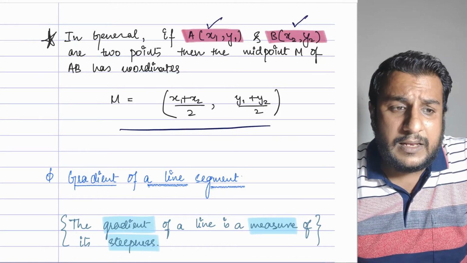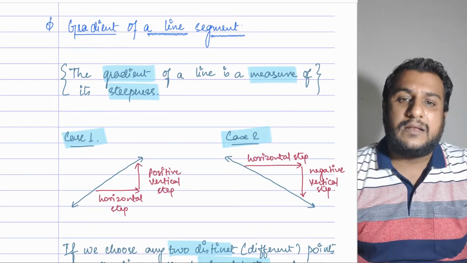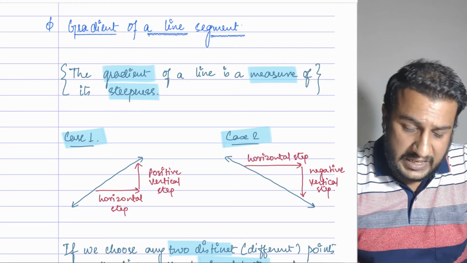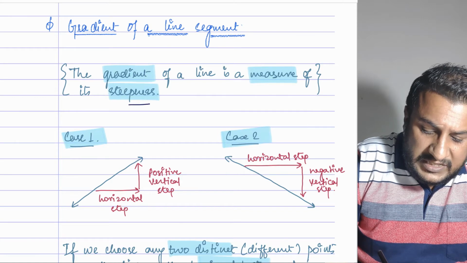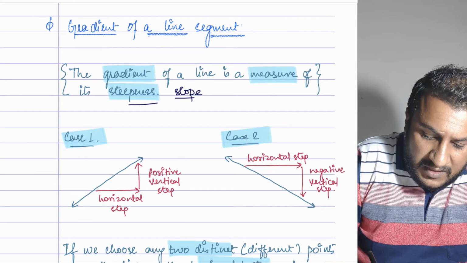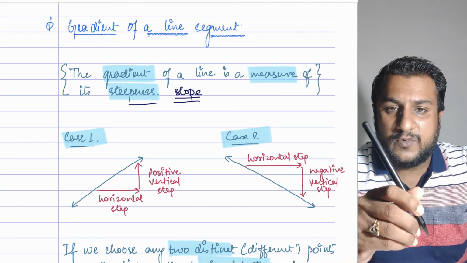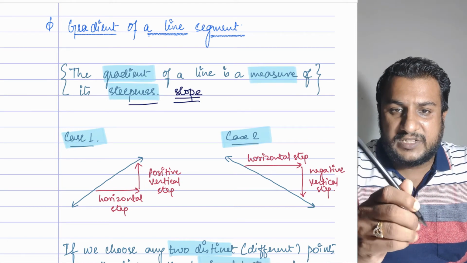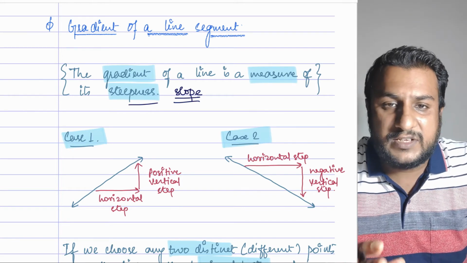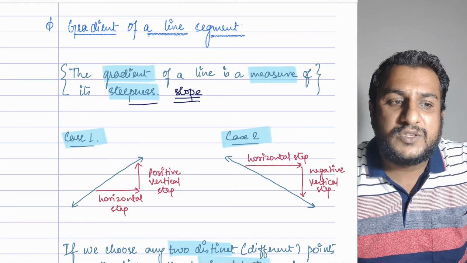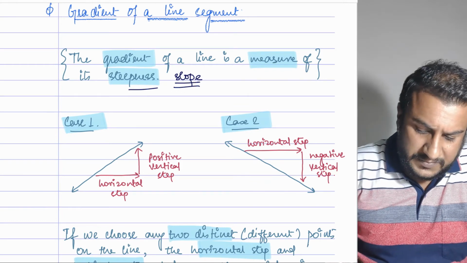Clear? Now let's move on to the part gradient of a line. This is very important to understand. How do we calculate the gradient of a line? Now the gradient of a line is a measure of its stiffness or slope. How stiff is the line? This is vertical. Now if I move this way, it shows me stiffness, or if I move in this way. So whenever we are calculating the stiffness of this line, this helps us to identify the gradient. Now there are two possible scenarios of a line.